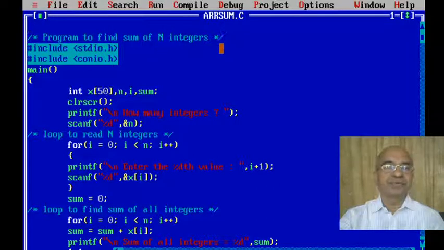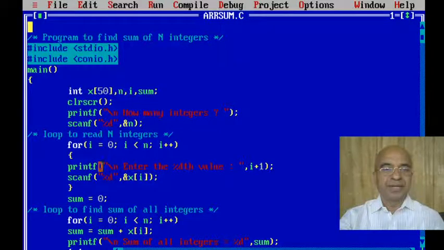Look at the program which is entered in the C compiling editor. Program to find the sum of n integers: include the header files, main program, integer x[50] we have written here, n, i, sum. Clear the screen, printf "How many integers", scanf("%d", &n). Loop to read n integers: for i = 0; i < n; i++.